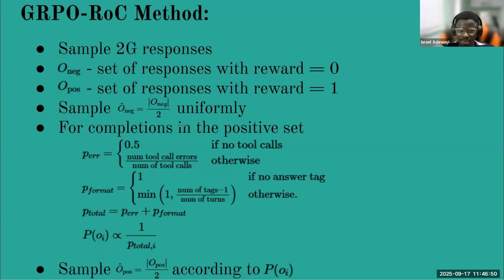So a higher number for p total would mean it has less probability of being sampled for the positive set. Which would actually mean that, for example, you're having maybe a lot of tool errors in this particular trajectory, or there was a bunch of unnecessary answer tags in the trajectory. So more p total, but